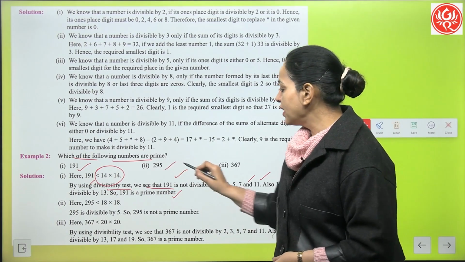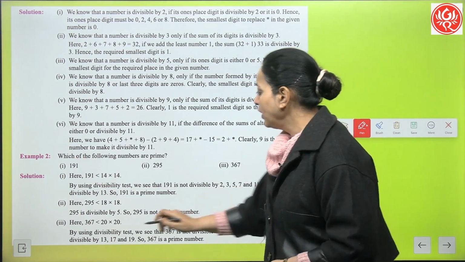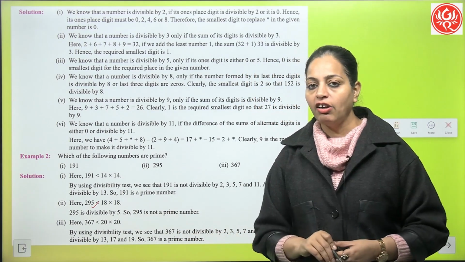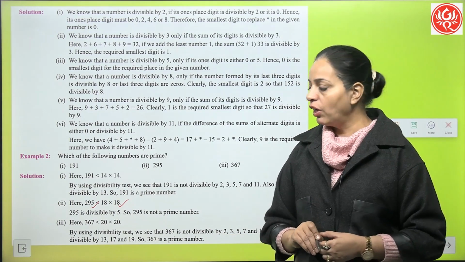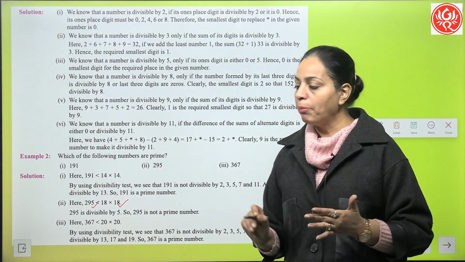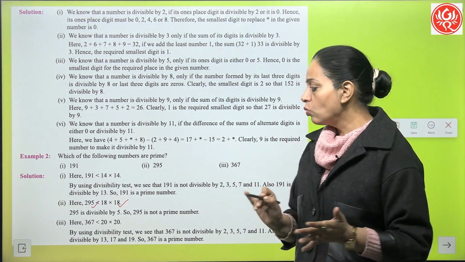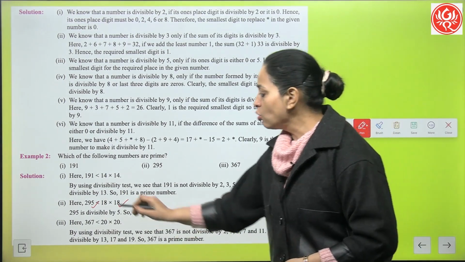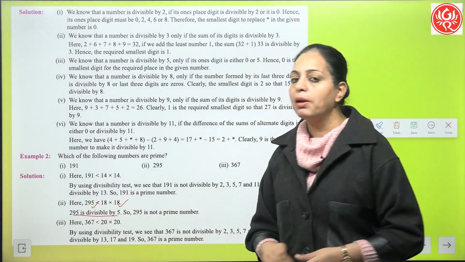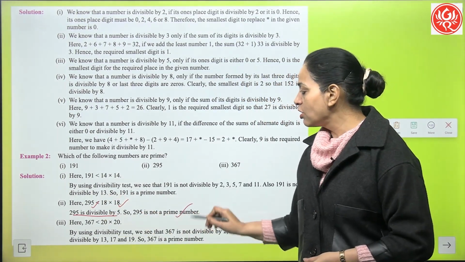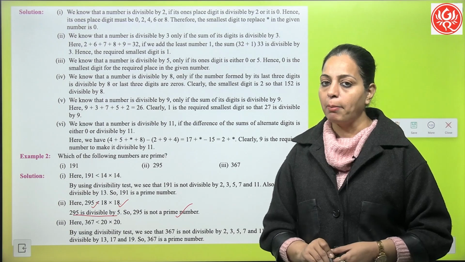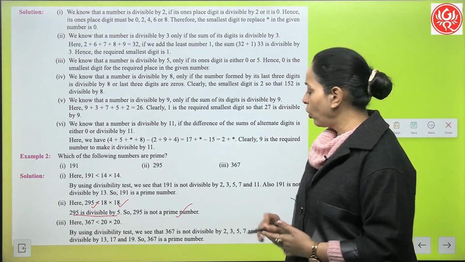Right. Similarly second part, 295. 295 is less than 18 into 18 यानी 324. तो जितने भी प्राइम नंबर 18 से स्मॉलर है उनसे हम चेक करेंगे. See, 295 is divisible by 5 because last digit is 5. So this is not a prime number. आप डायरेक्ट भी कर सकते हैं. Okay. Now